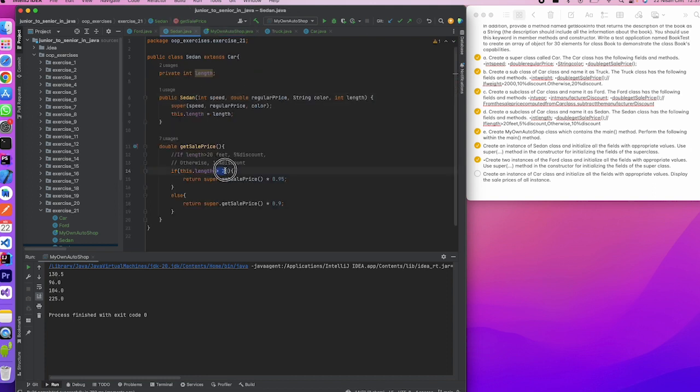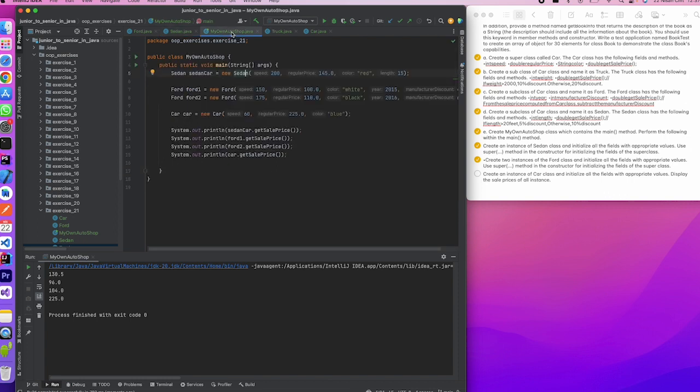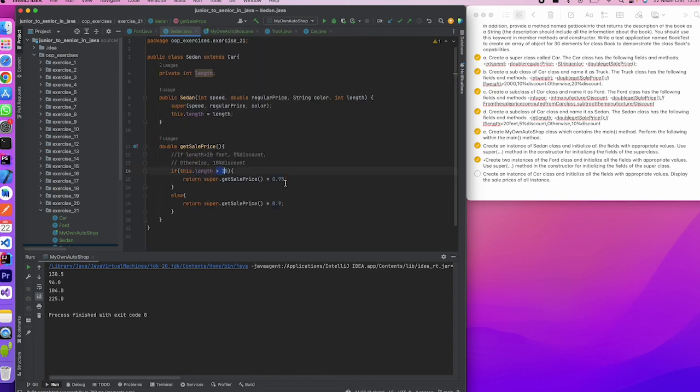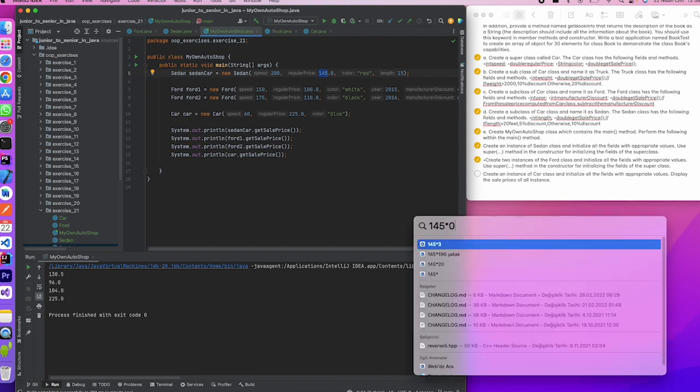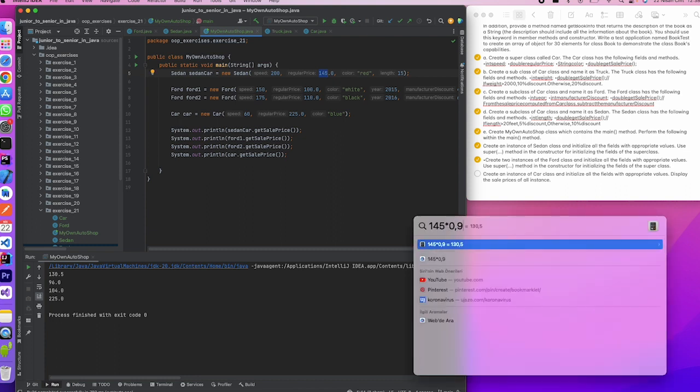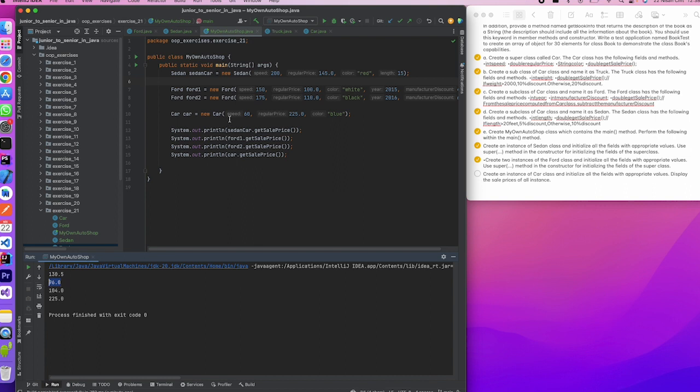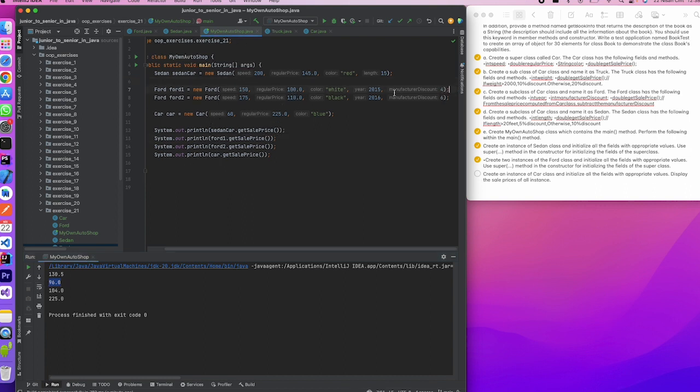If the length is more than 20 feet, it's going to have the 5% discount. But otherwise, it's going to be a 10% discount. 145. What are those numbers? 10% discount. Yeah, that's correct. So 96 is the second one. We'll have the manufacturer discount, but this discount is